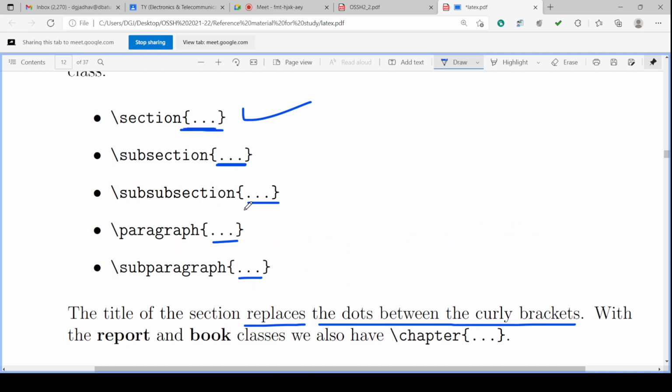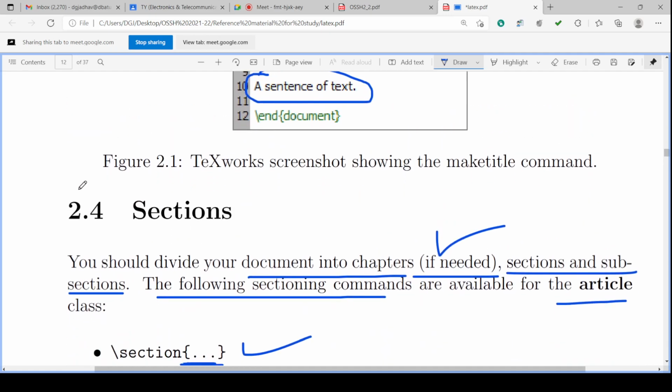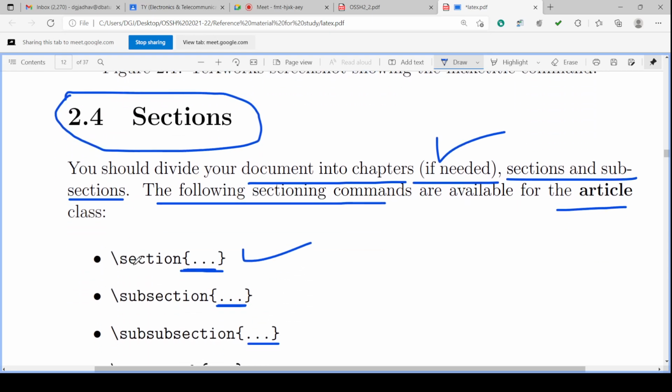Suppose this 2.4 section title is to be made. We'll put backslash section with 2.4 sections like this. So 2.4 sections will become the title of this section, and after this we will have the plain text. We will put only the text, and it will be taken as plain text.